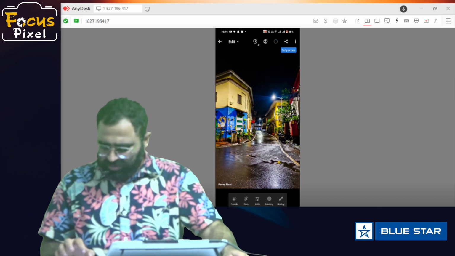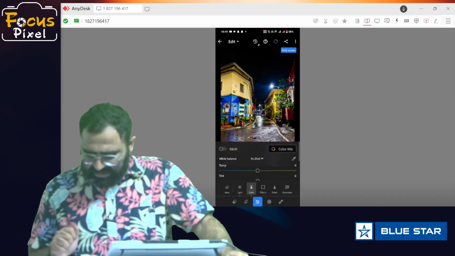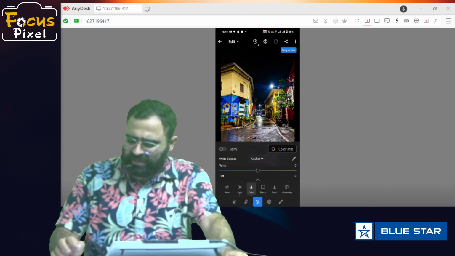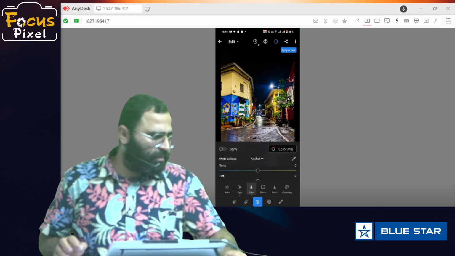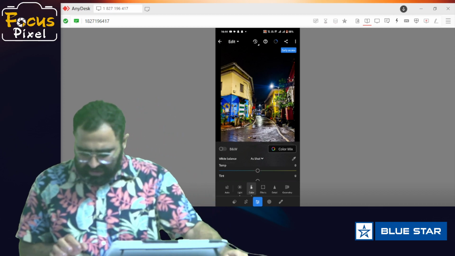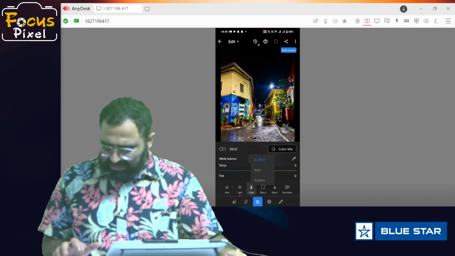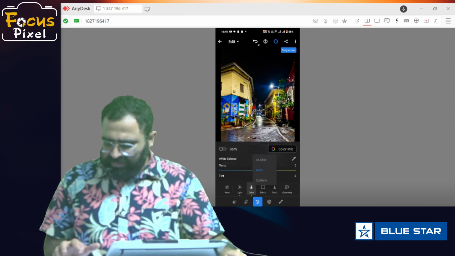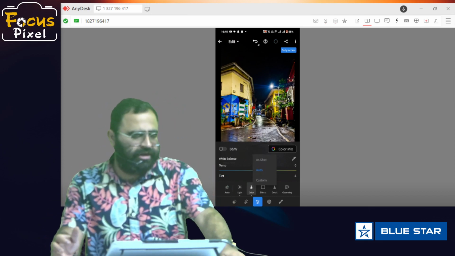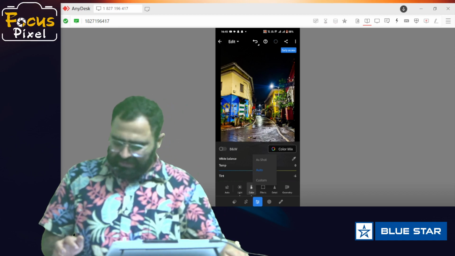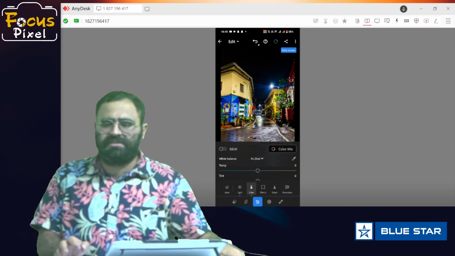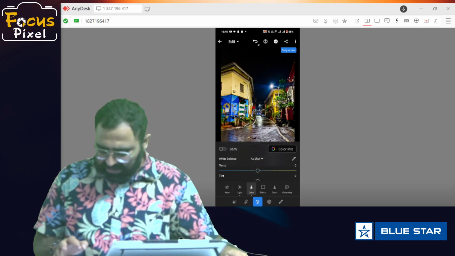Okay, so this was the lights. After this we get the color palette. Now here you can see the white balance. It can be auto, it can be custom. Custom and auto में अभी ज़्यादा फ़र्क नहीं आ रहा है, because while shooting this image, वहाँ पे मैंने white balance का जो है वो ध्यान रखा था, इसलिए ज़्यादा फ़र्क नहीं आएगा.